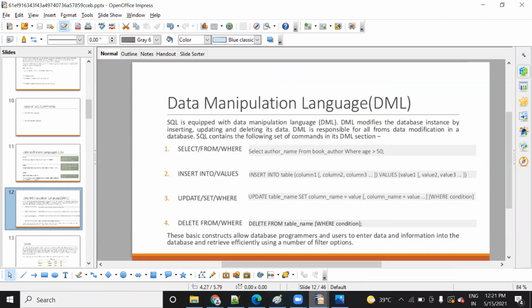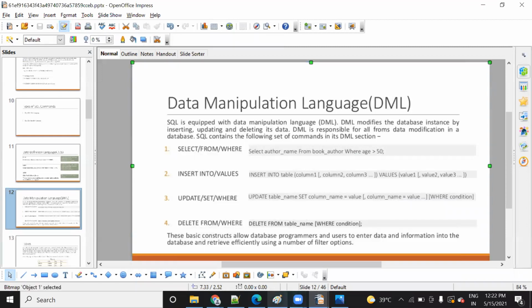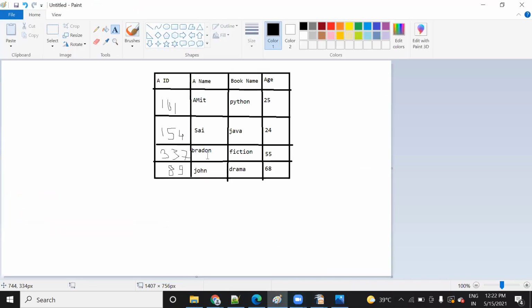Now suppose you want to fetch the data where age is greater than 50. What data will appear on the screen? Age greater than 50 means 50.